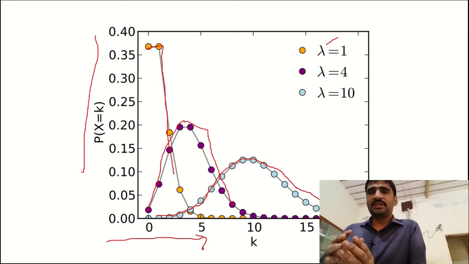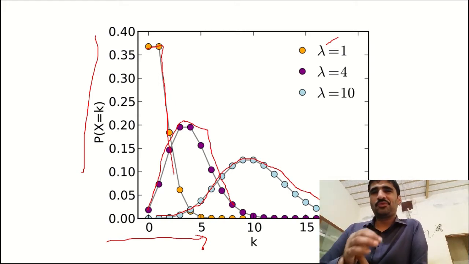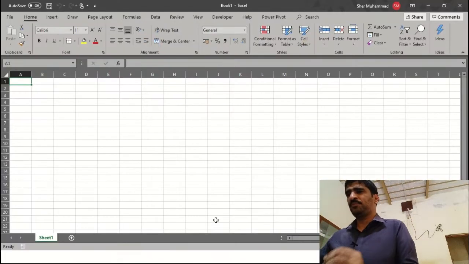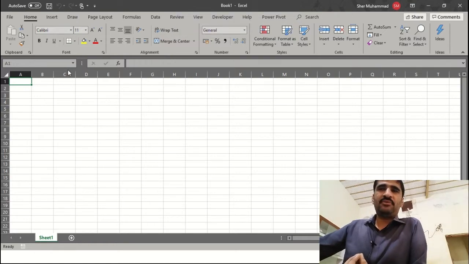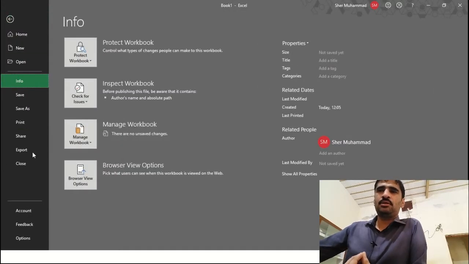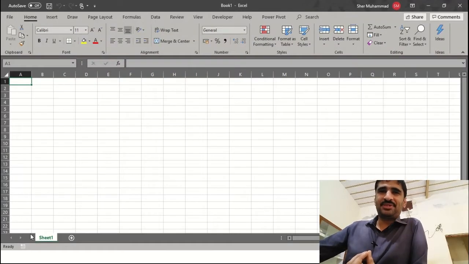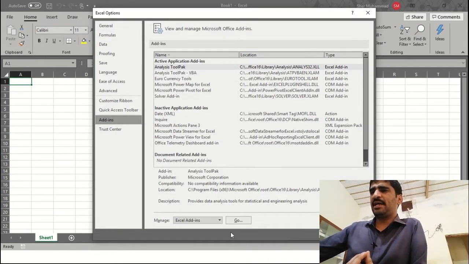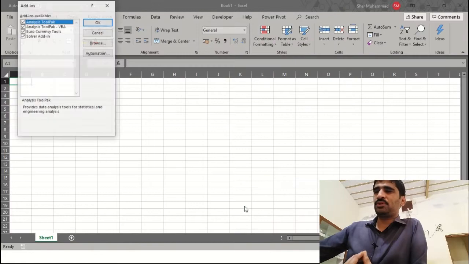Now we used Excel to generate a Poisson distribution and histogram. The first step: make sure you have enabled the data analysis toolbox. To enable it, go to File, then Options, then select Add-ins, and here you select Go.